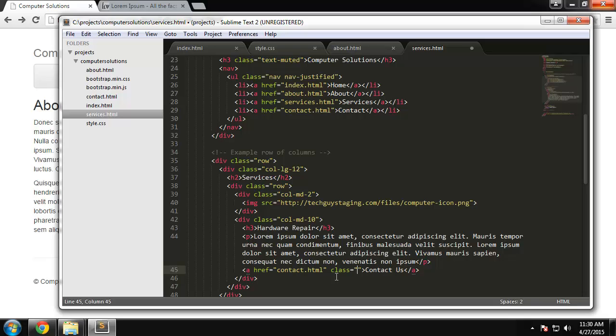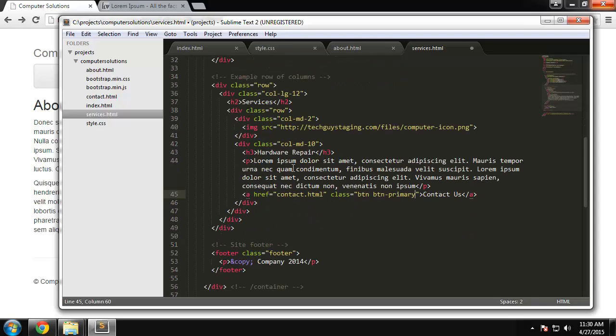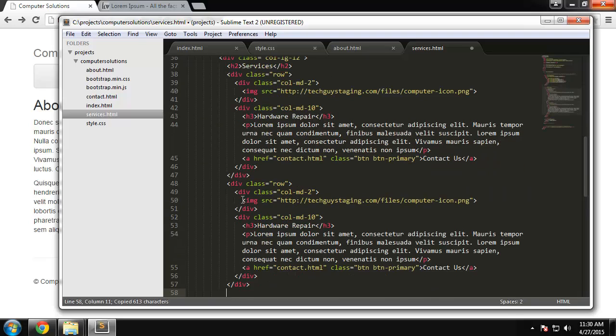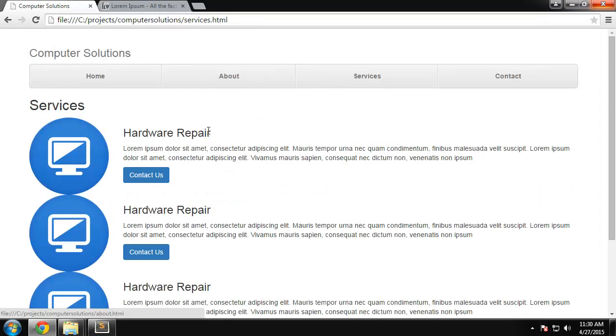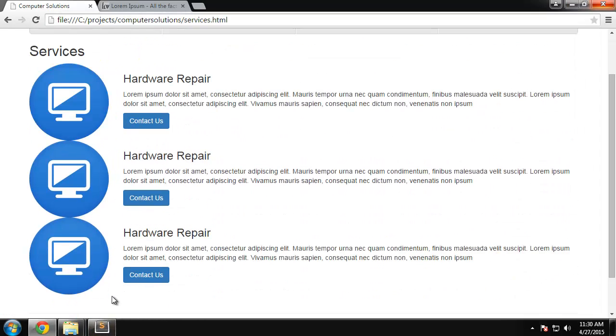So I want to give it a class of btn and btn-primary. All right, and then what we're going to do is take everything that's in the row, including the row div, and copy it, and then just paste it like that. All right, and then if we go to services, okay,